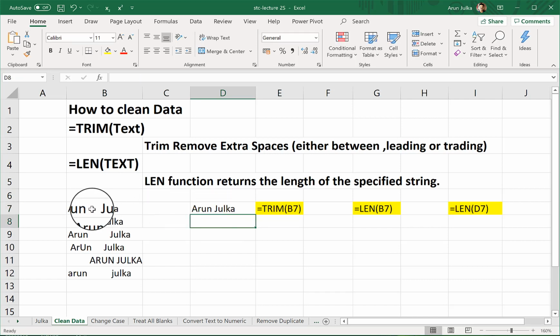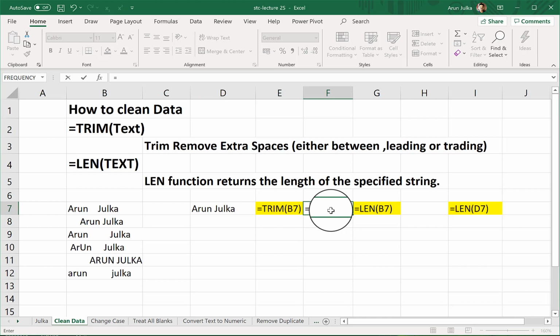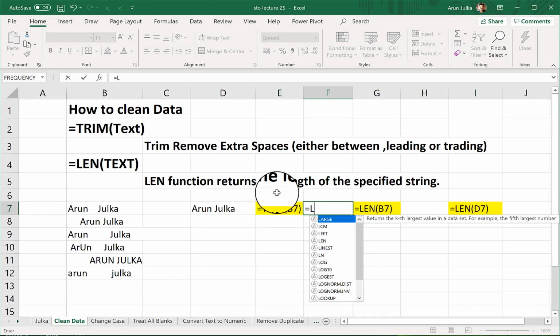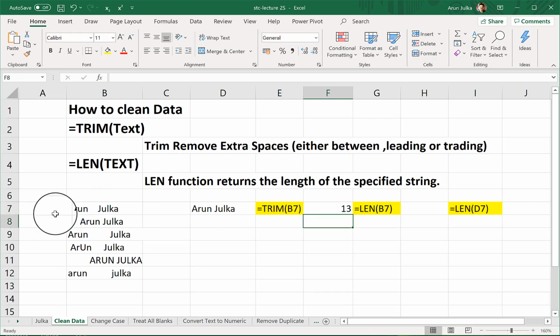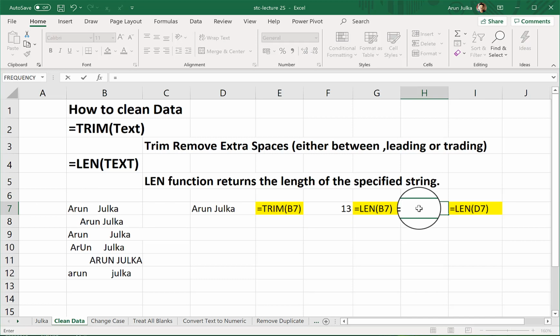Earlier we had 4 spaces, but now we have only 1 space. We can check this with the help of the LEN function. The LEN function returns the length of the specified string. If I use LEN of B7, the earlier length is 13. Now the length after using the TRIM command,